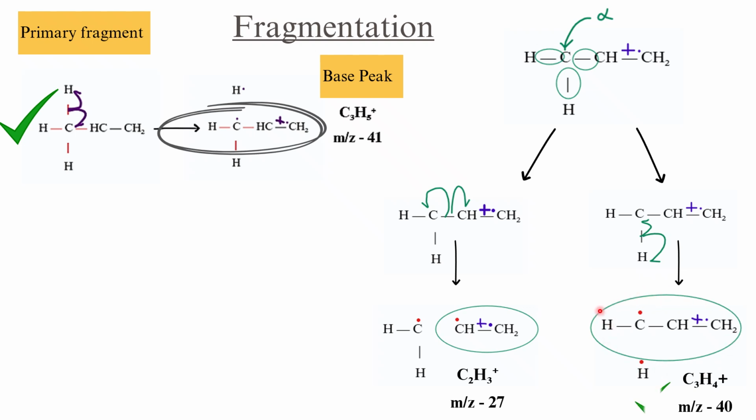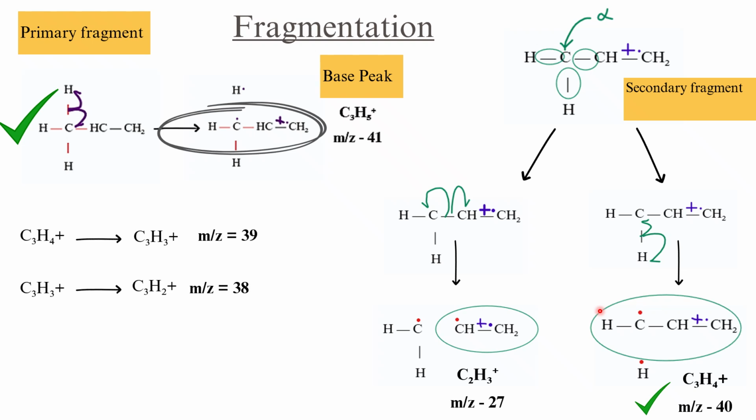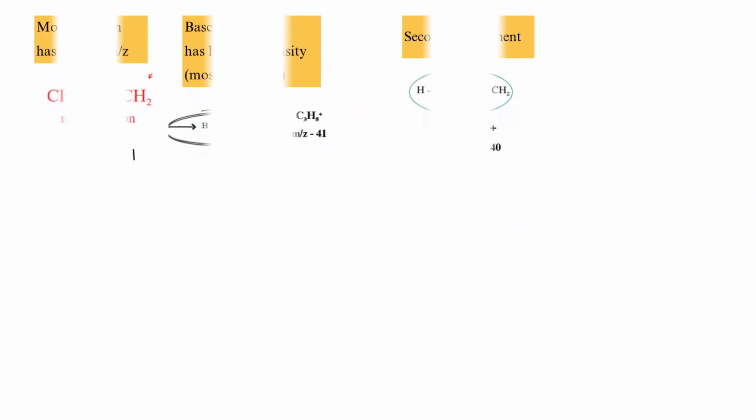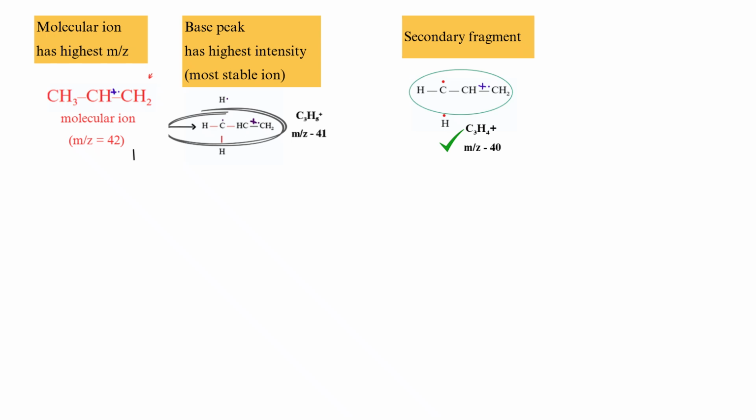And you can even carry out further fragmentation. Like this one is the most stable, so again you can take it, remove one hydrogen, carry out the fragmentation, and you will be able to see these m/z values. So this is how we do the fragmentation. Once you practice, you will be skilled at it and easily able to crack the questions. Now let us check whether whatever we have determined theoretically matches with the spectrum,